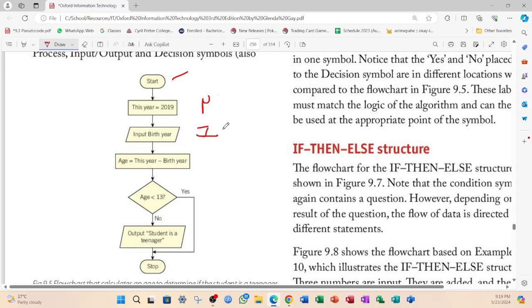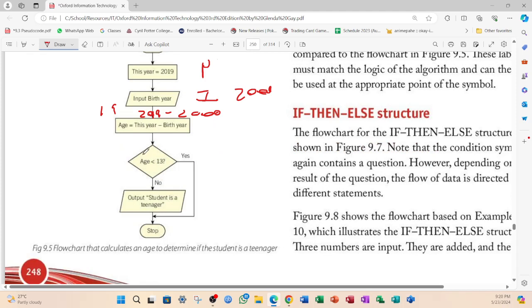So input that's 2000. Now we're going to do a calculation here. So that's this year, 2019, minus 2000. That's going to give us an age of 19. Now we're going to ask the question, is 19 less than 13? No, 19 is not less than 13. So we output